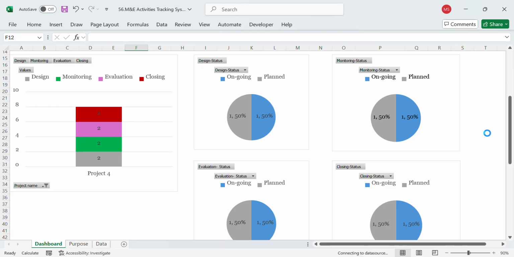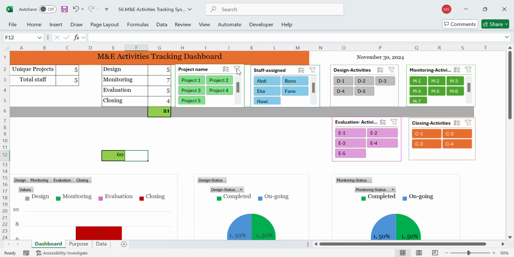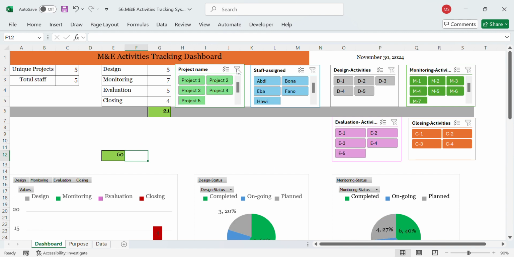Let me go to project number 4 and readjust the data, for example, and you will see the change. Project number 4, for example, this is as planned. If I make this completed, again, if I make this monitor activity completed,